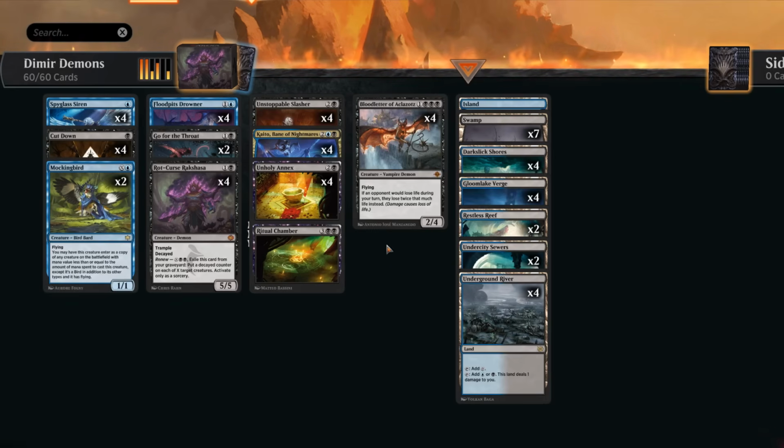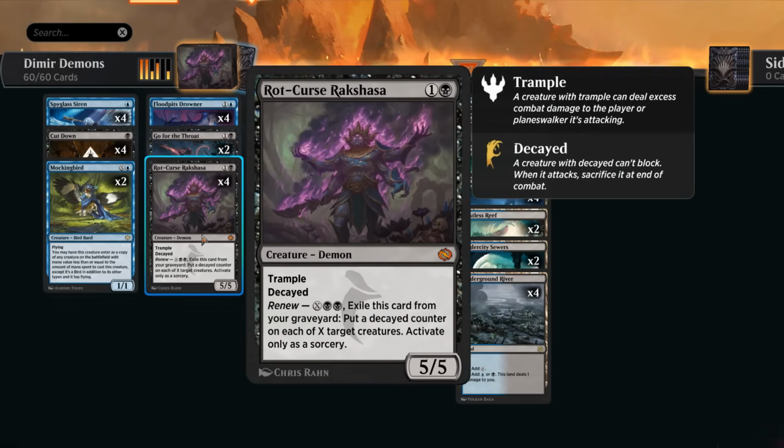Today we finally get to play with Tarkir Dragonstorm on the ranked ladder, and one of the new cards I wanted to try out is the Rot-Curse Rakshasa in this Dimir Demons deck. Demons was already an established archetype before Tarkir Dragonstorm, but now we get to add this 2-mana 5/5 Trampling Demon into the mix. But there is a drawback. It has Decay, meaning it cannot block, and when it attacks we have to sacrifice it at end